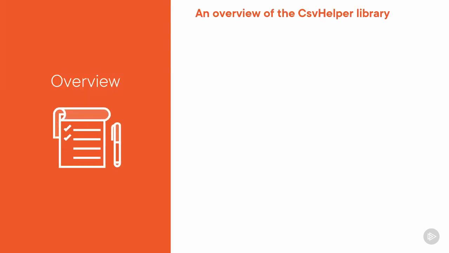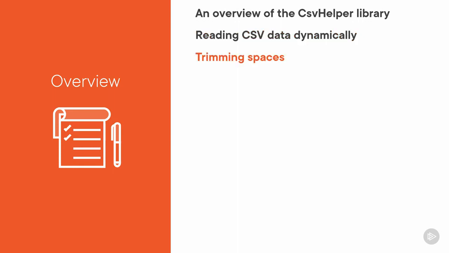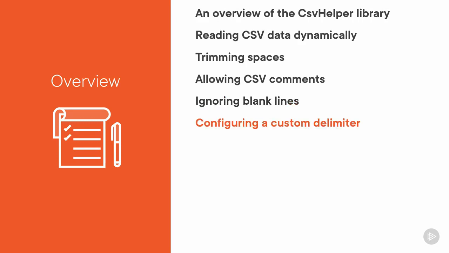So we're going to kick off this module by an overview of the library we'll be using in this module, the CSV Helper library. Once we've got a high-level overview of this library, we'll learn how we can use it to read CSV data into dynamic C# objects, and we'll learn a number of different ways we can configure reading CSV data, such as trimming excess spaces, choosing whether or not to allow comments in the incoming CSV data, choosing whether or not we ignore blank lines in the data file,